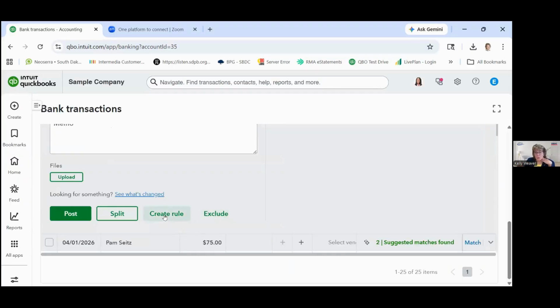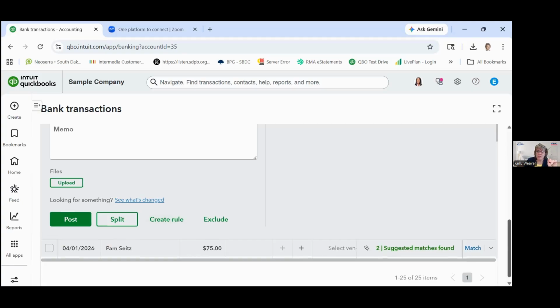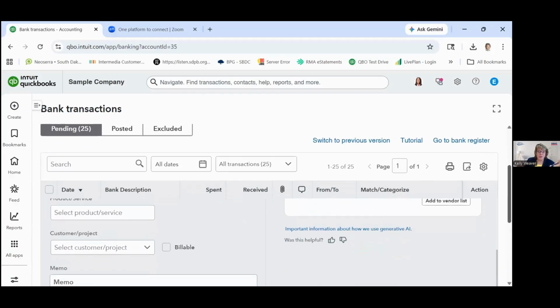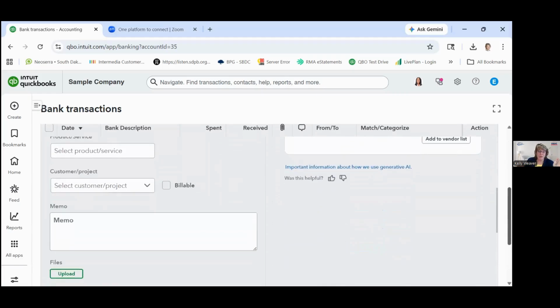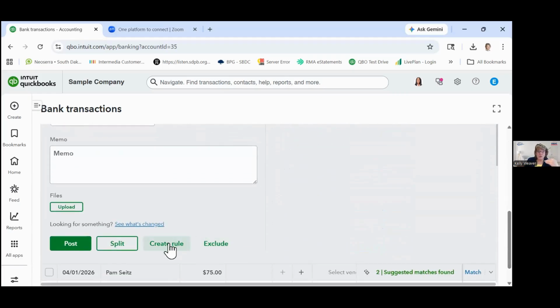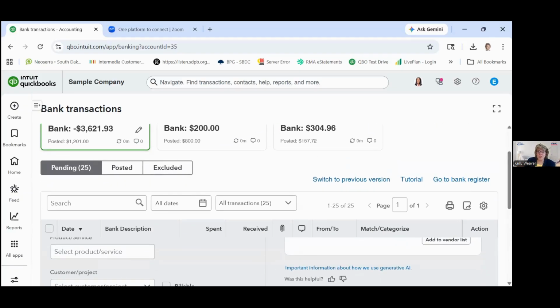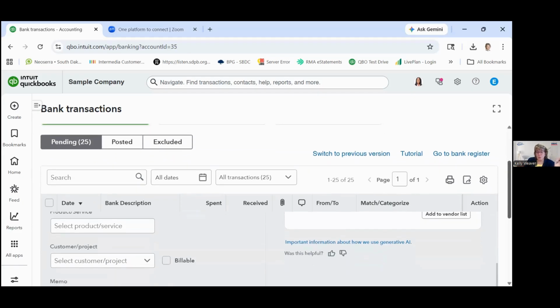QuickBooks also has rules, which are, I think, really great if they're used right. Again, I would probably not jump into creating a bunch of rules, but you'll notice as things come through, for instance, if this vendor was the vendor that I paid my rent to every month, and that's the only thing I ever changed, I could create a rule to always, when this vendor is the vendor, always charge it to rent and automatically save it. So it could automatically process that and you wouldn't have to deal with it on this window. It would automatically do it for you. So there are ways to use that.